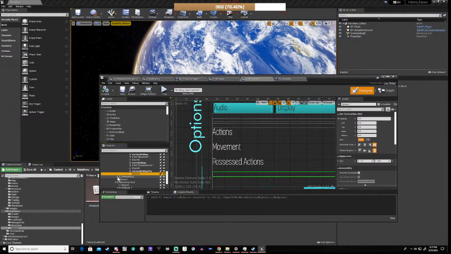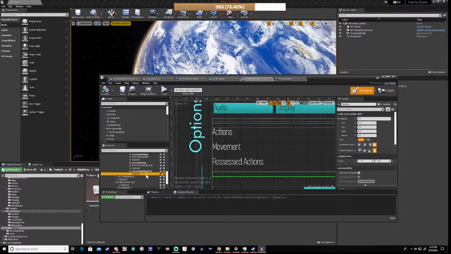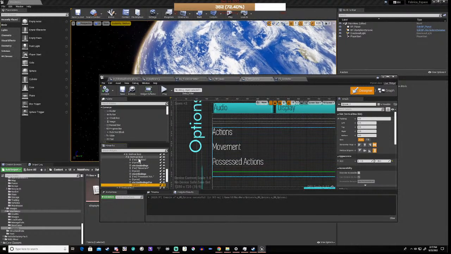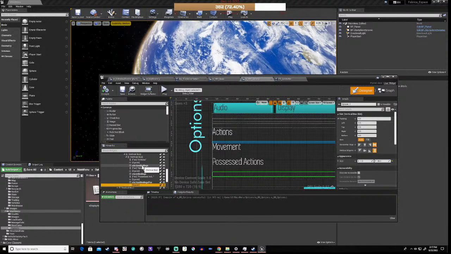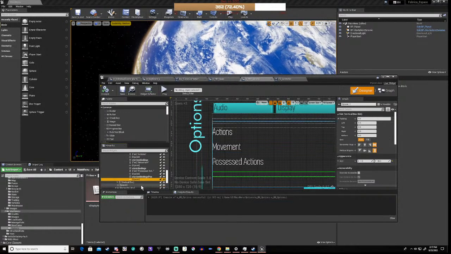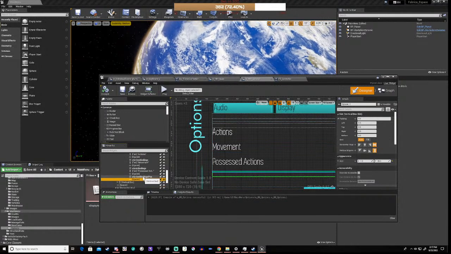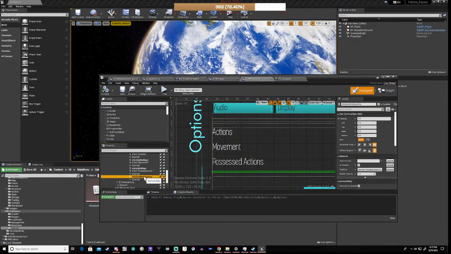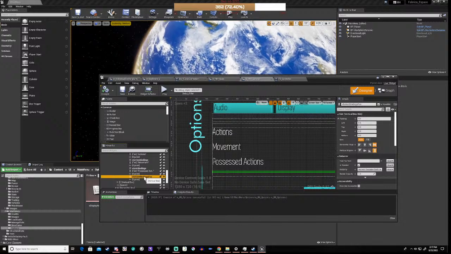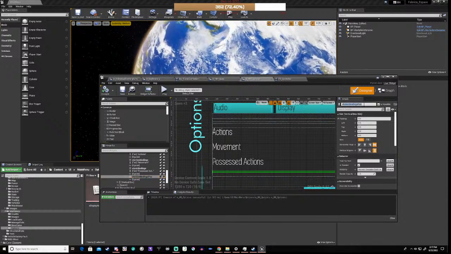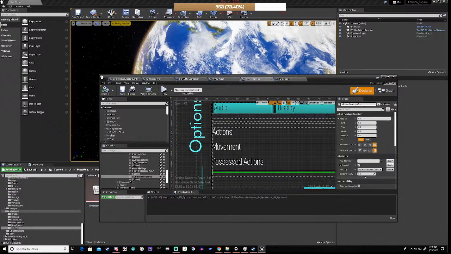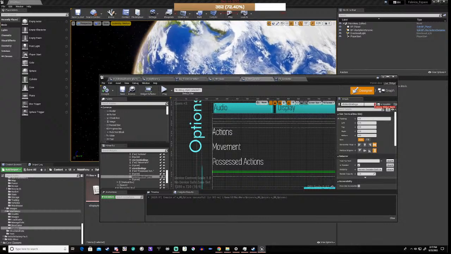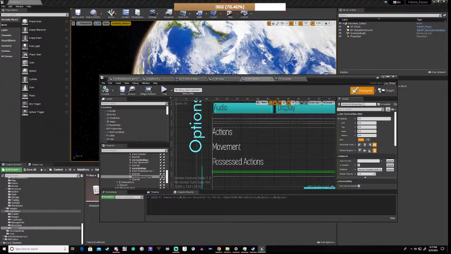Right, okay, forget that. Right, so we're adding to action bindings. Action binding possessed. Right, so what we'll do is we'll say action binding keys,